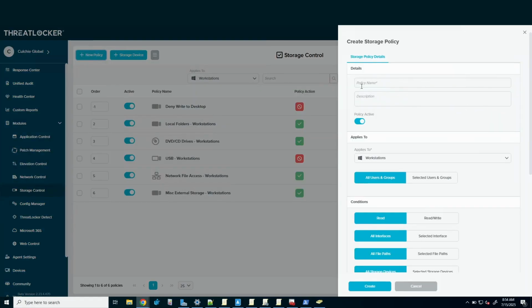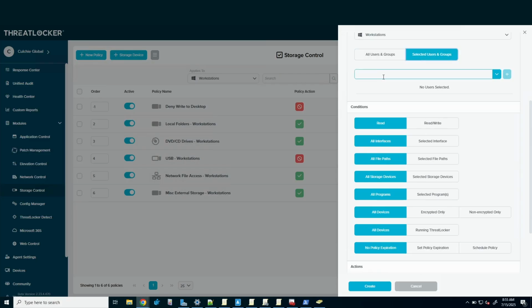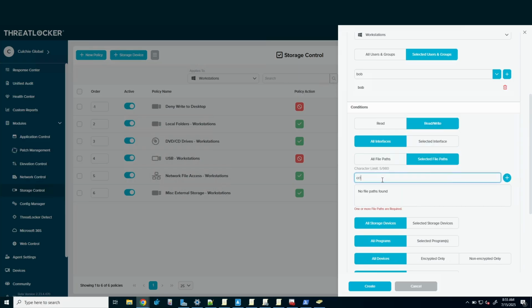First of all, if you create a storage policy on a client side, I'm going to go into my workstations, and say I've got my server here and I want to permit access to the server. I can say I only want to allow Bob to access it, with read and write, and I only want him to access server 1, share 1, with a star at the end.